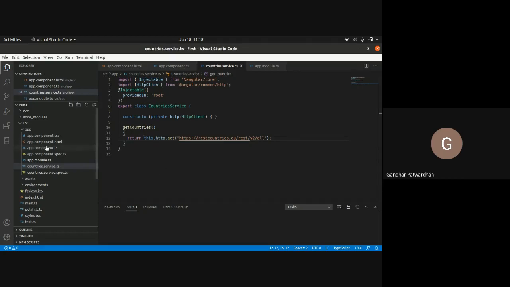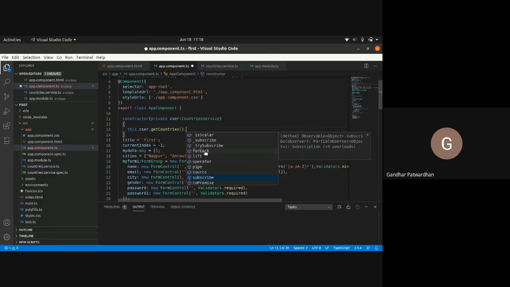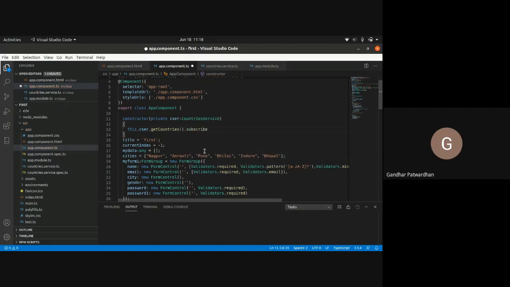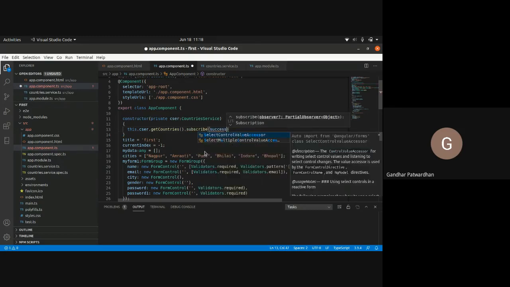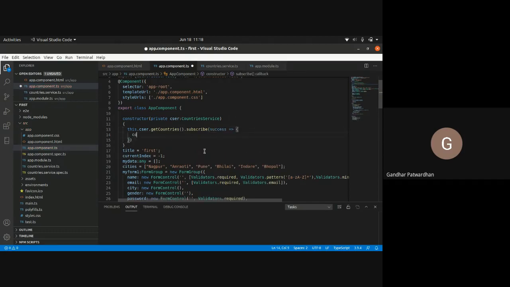Then in our component.ts file, I would subscribe here. I would say dot subscribe. Again, a success callback, I would say console.log success.